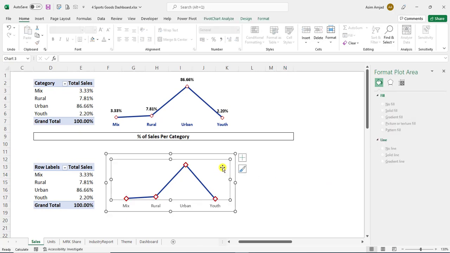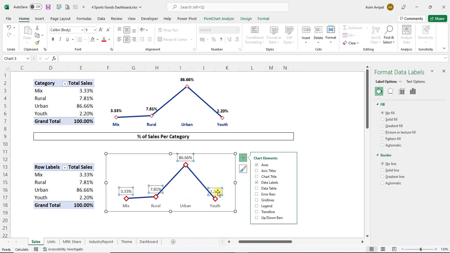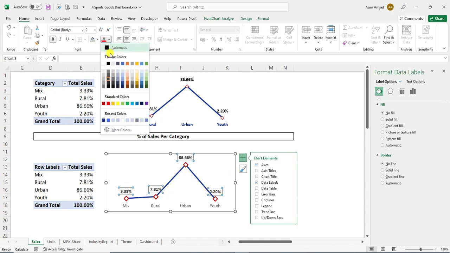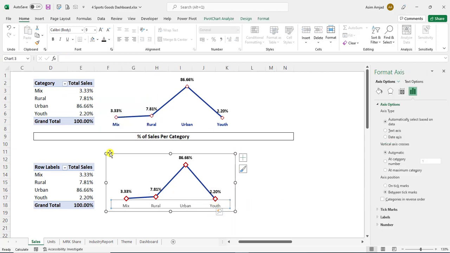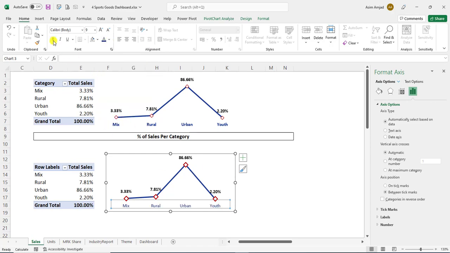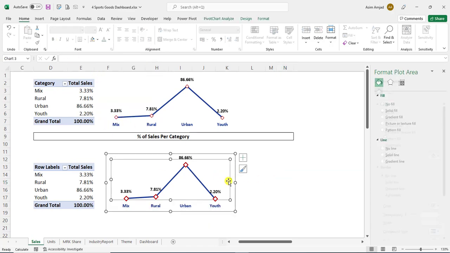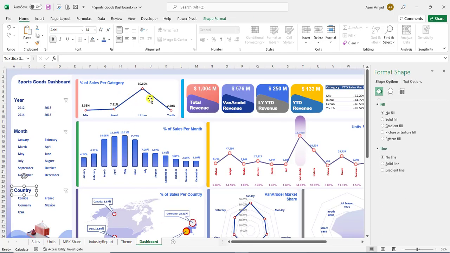value. And now click this plus button to add the data labels, and now press Ctrl+B to bold the text values and make the color automatic, and also change the color of the text to blue and bold it. That's it. So now let's reshape it, and now let's move this chart to the dashboard, and here we have